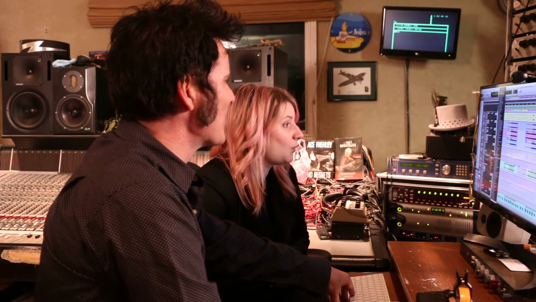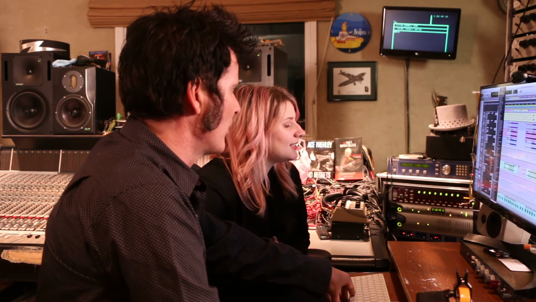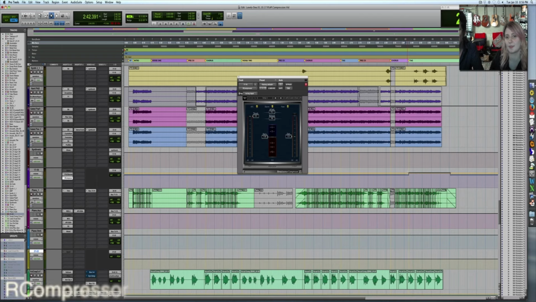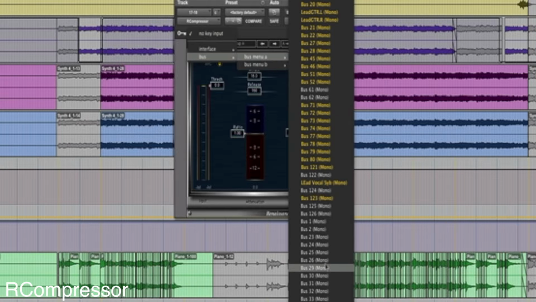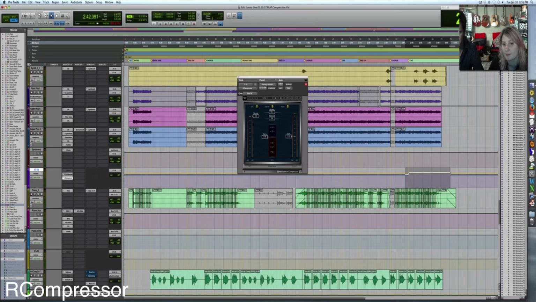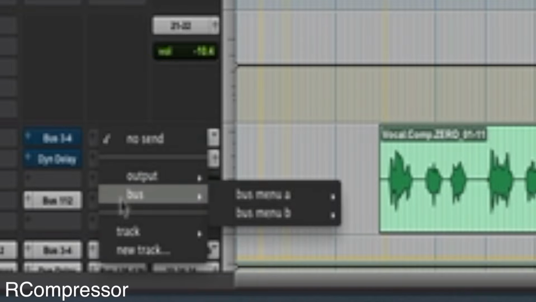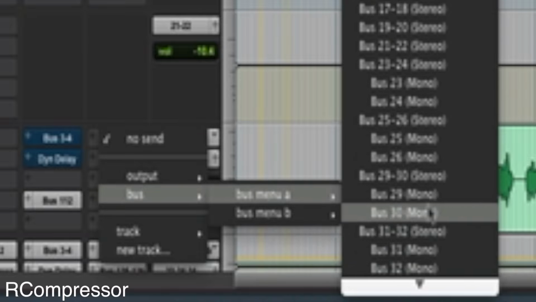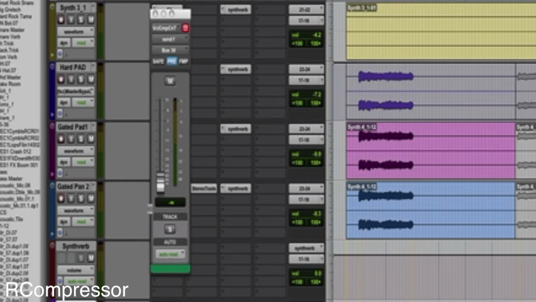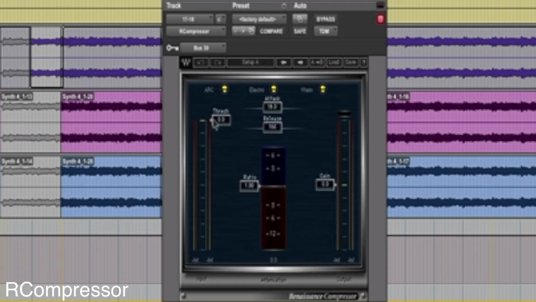Like that technical term, ooh-ee-ooh. And we're going to get the dynamics. So let's pick our friend, the RCompressor again. And we're going to take that section. I'll take it around here. And we're going to create, I don't know, let's use bus 30. Bus 30. I can say that because I'm Port Irish. Okay, so I'm going to go to bus 30. And I am going to send to there. I hit option on there and that sends it to 0. So it defaults it to there. So when that vocal comes in,